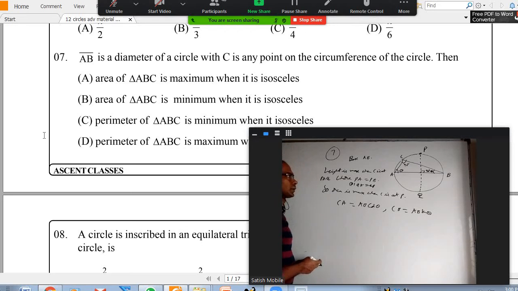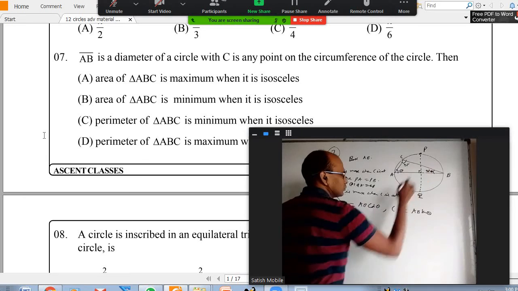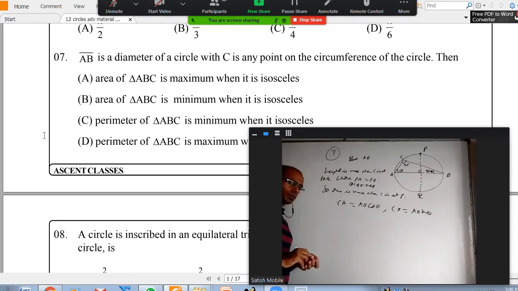Yes, sir, please. So we can do it through an ellipse. You want to do it by ellipse? Yes. We take AB as the foci and PQ as the minor axis. Then if we gradually increase the ellipse size, the biggest ellipse that will intersect the circle is AP, meaning it passes through P.